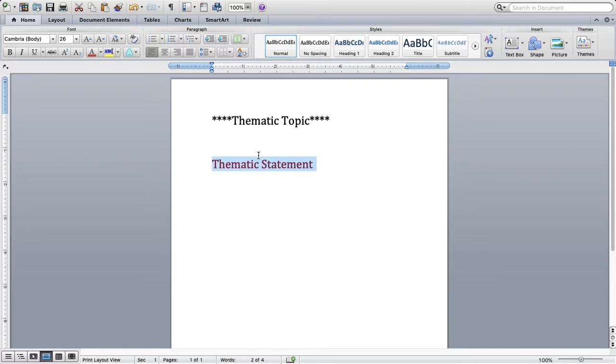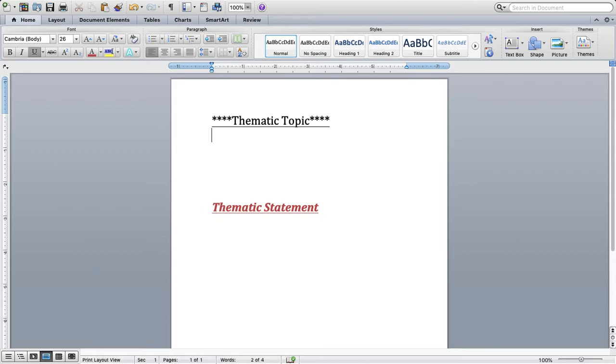What we're looking for is the thematic statement, right? It's a whole sentence that tells me the message of the story. Now, the thing that's going to help us figure out the thematic statement are the thematic topics. The thematic topic is usually just one or two words. It can be things like friendship, loyalty, anger, fear, love, growing up, struggle, right? These are all big ideas that texts deal with, but they're not specific statements.